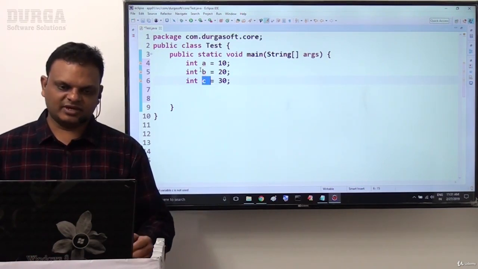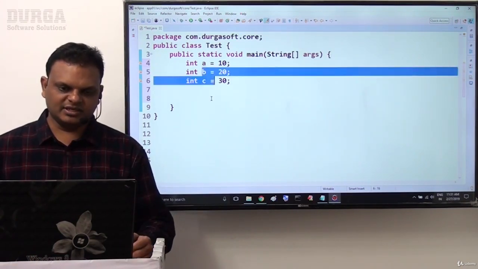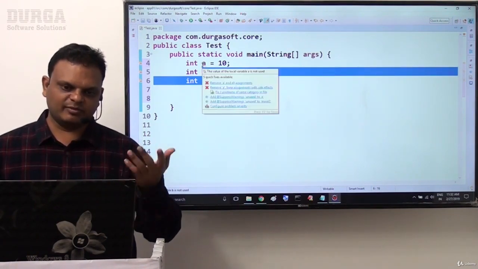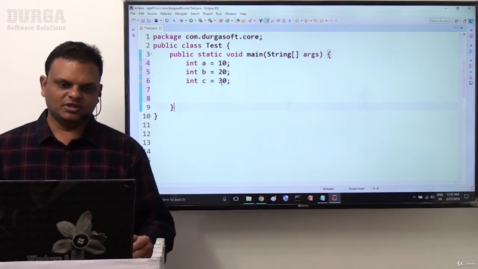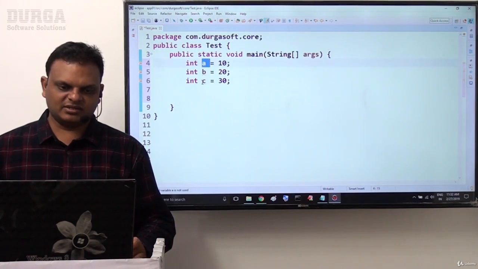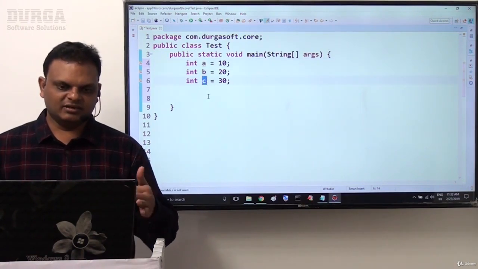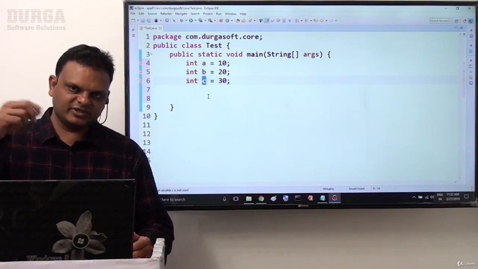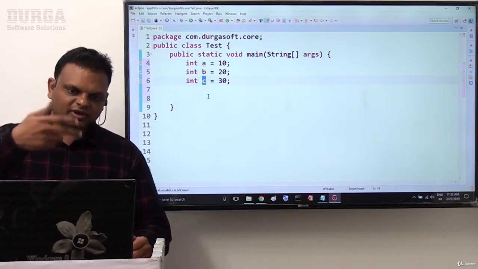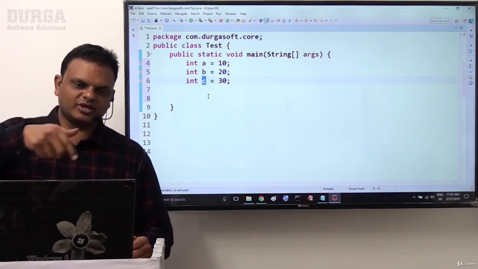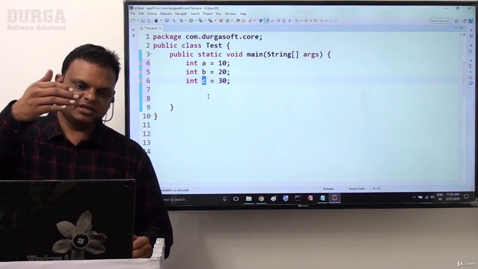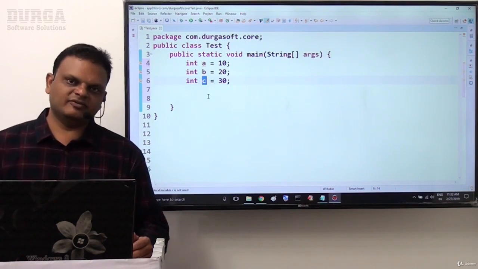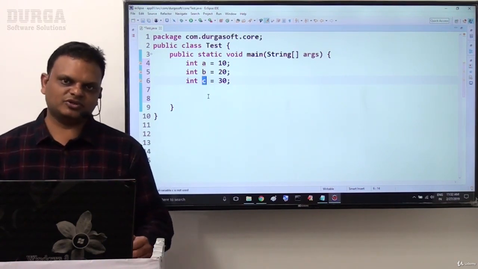Next I will compare b and c, and inside this, I will compare with the biggest a, the biggest number among these two. Next, I will compare c and a, and inside this, I will compare the biggest of a and c with b. Like this, I will go for that rotation. Rotationally, if I check a, b, and b, c and c, a like that, definitely we are able to identify which one is biggest among all the three numbers directly.